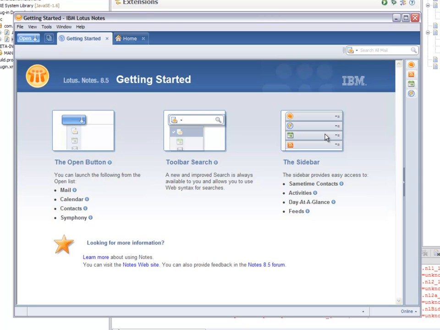So here's the Lotus Notes. We're up and running. Now if I right click,